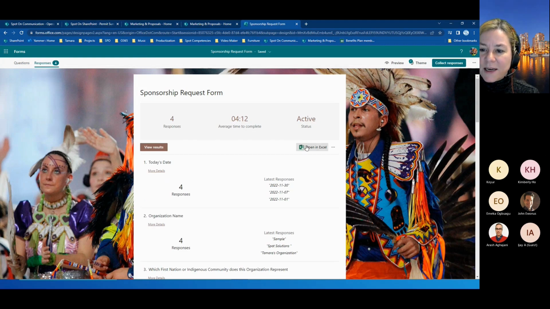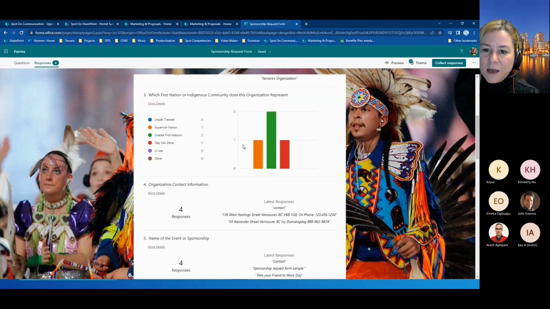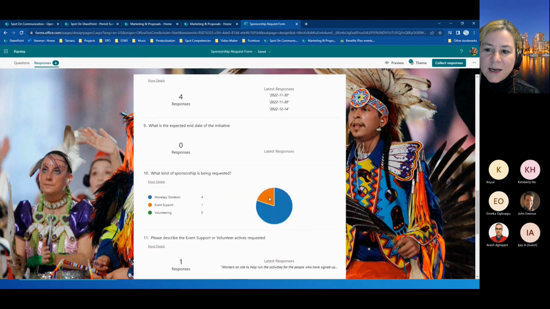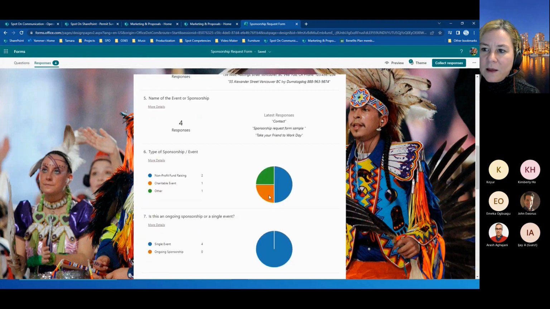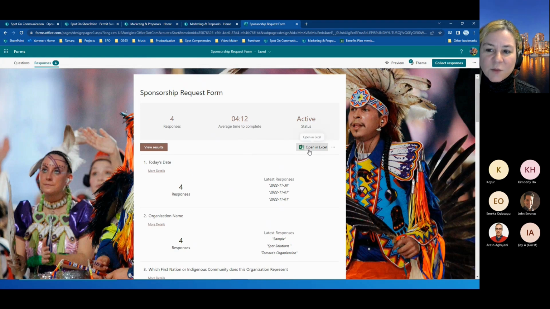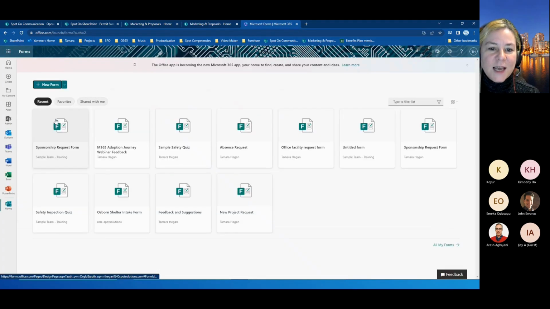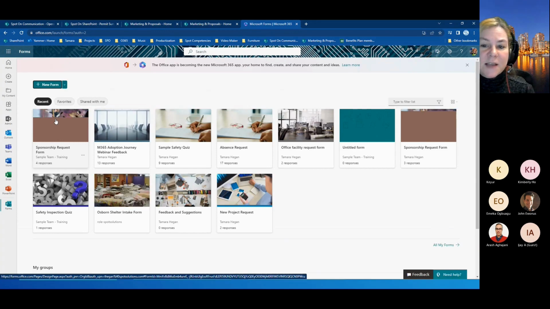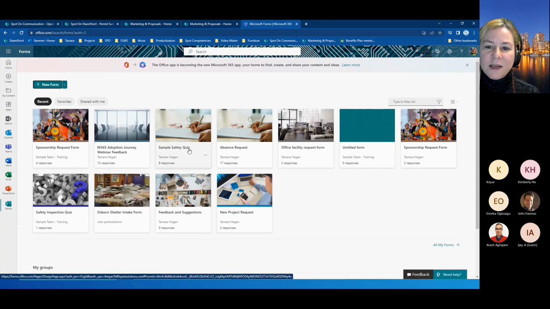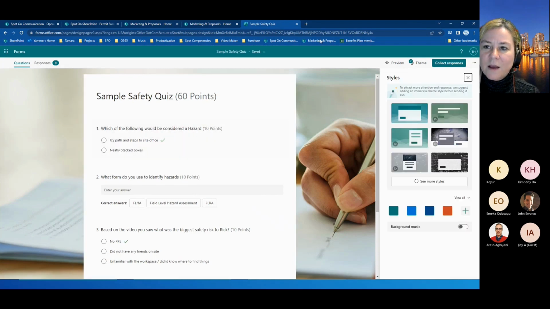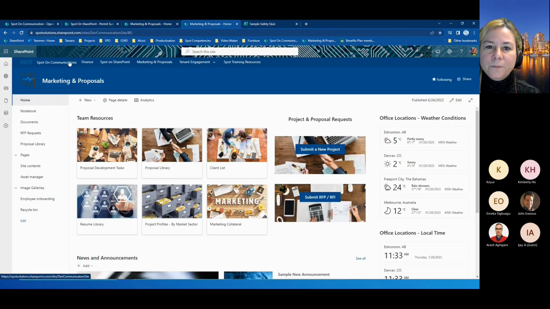You also have the ability to see all of the responses to all of the information in a nice visual summary that can be exported to Excel or printed, and sync all responses to a new workbook. So you've got all of that ability in the forms. But you can take that a step further. We talked about a learning center. I also have the ability to have a quiz. So I'm going to show you